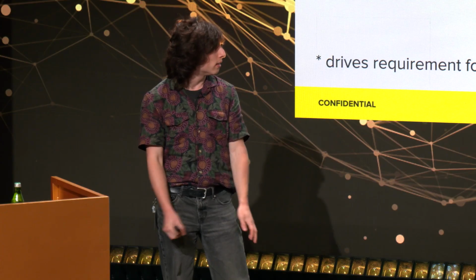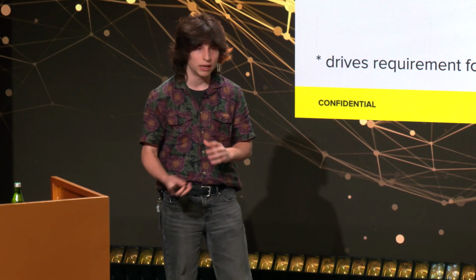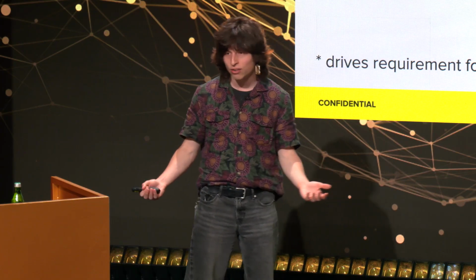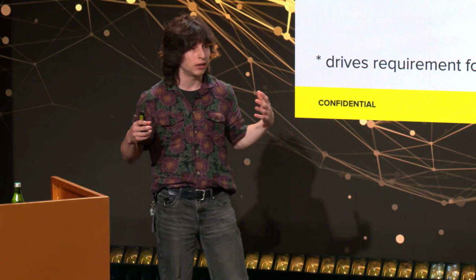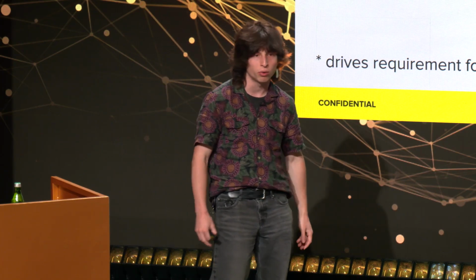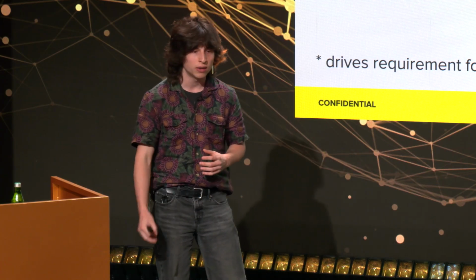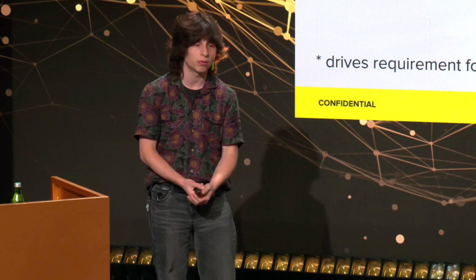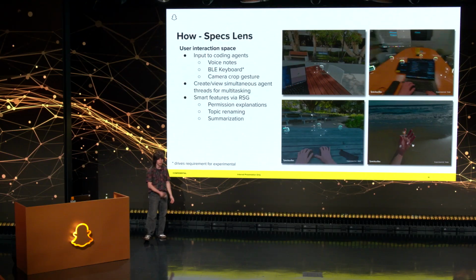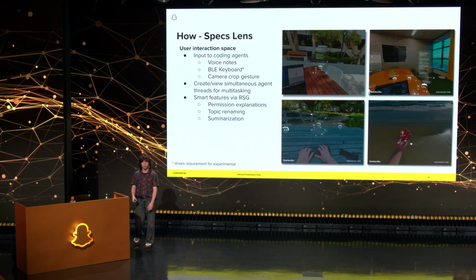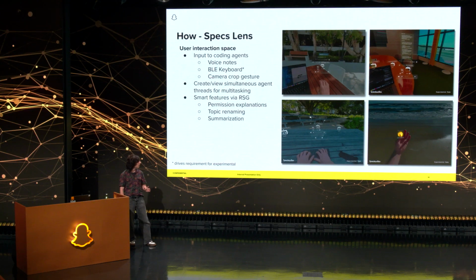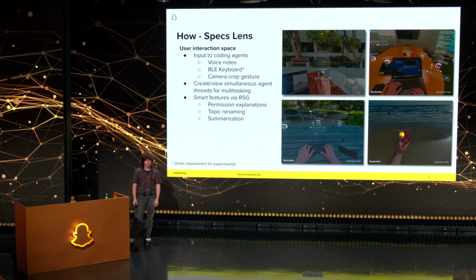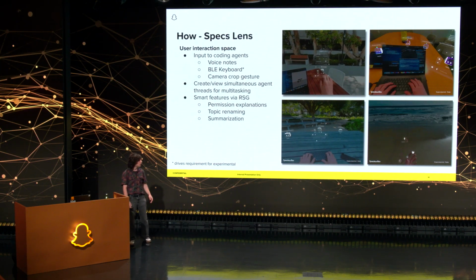So one of the things that I really wanted to avoid doing is getting in the way of how people use their agents. I tried to avoid really getting into people's system prompts or changing people's workflows. And instead, I started thinking about how can I build on top of this while respecting people's privacy, and I think that these smart features are a good balance of that, where we take the user chat data that is going through the Lens, and if the user opts into this, they can do things like permission